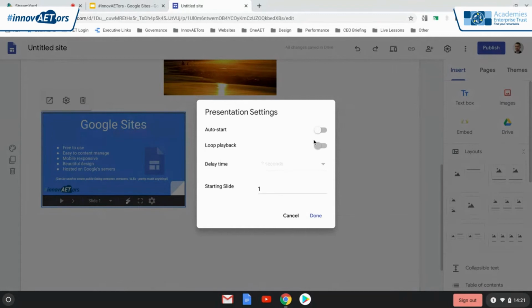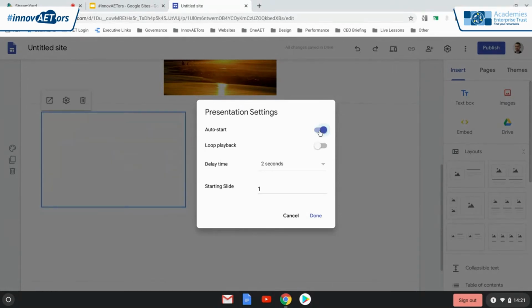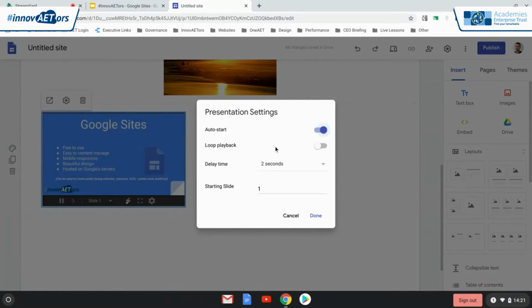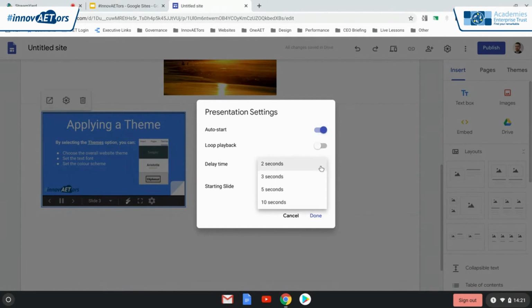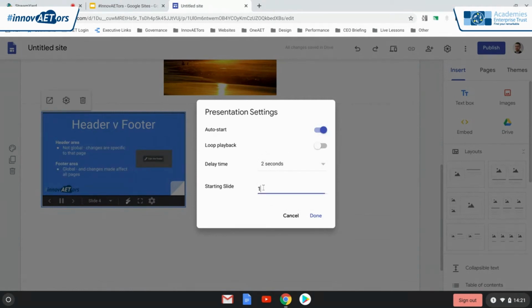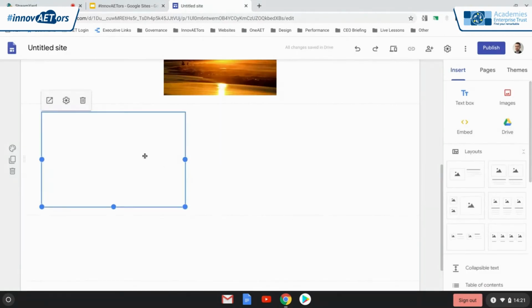So as this is a presentation, for example, you can choose to auto start that upon someone visiting the page, playback, delay time, and then you can choose which slide you want it to start on. So they're all really useful options. So that's